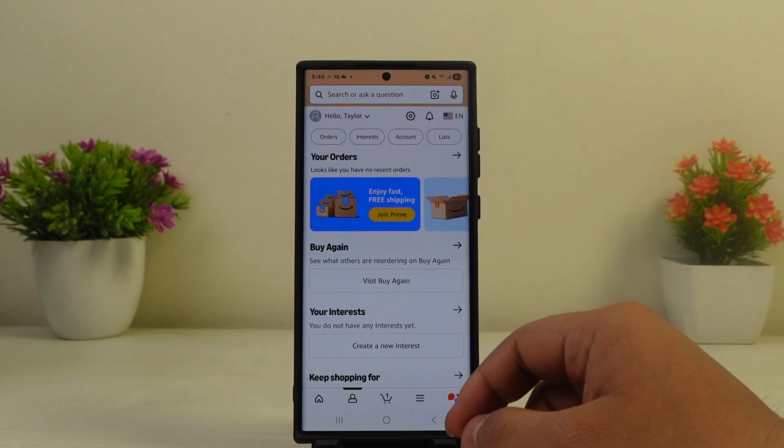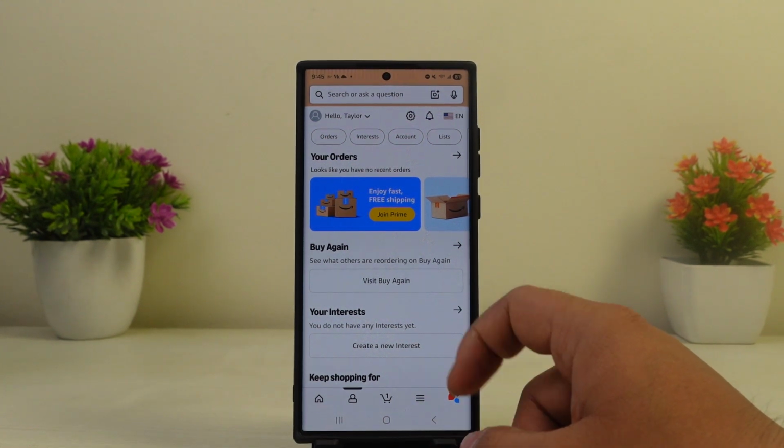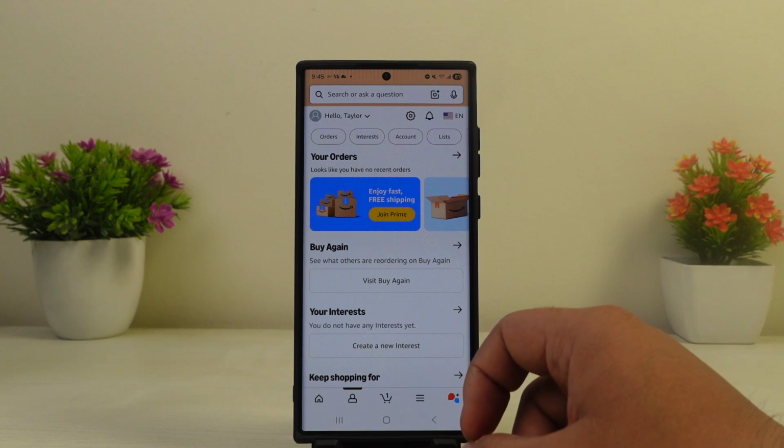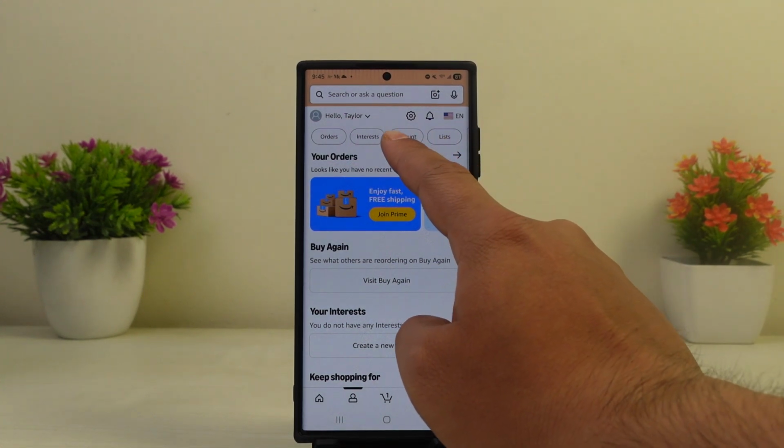In today's video, let me show you how to change your Amazon password on the mobile application. If you're trying to create a strong password for your Amazon account and want to change it, let me show you exactly how it is done. All you want to do is head over to the account settings that you'll be able to view on the